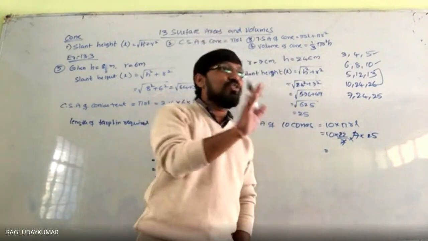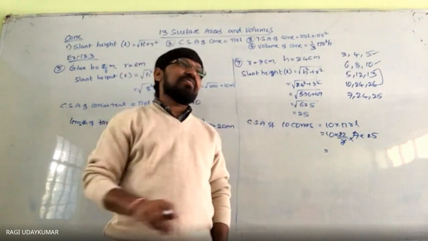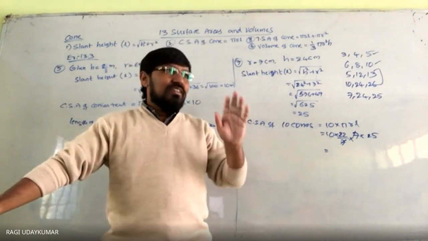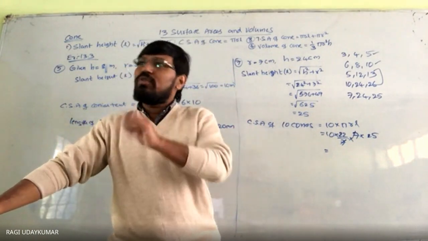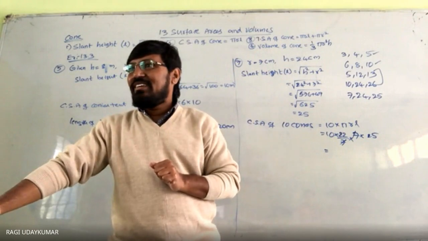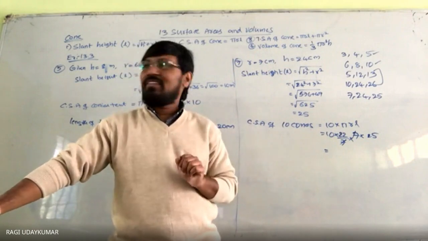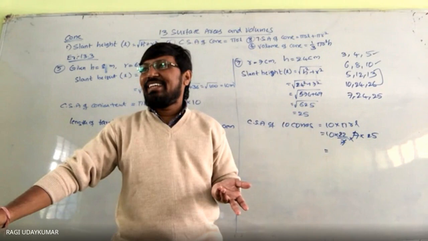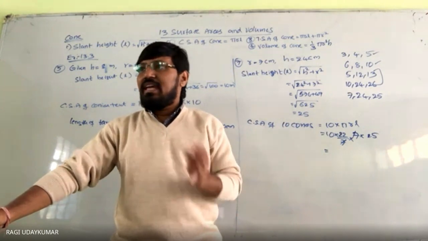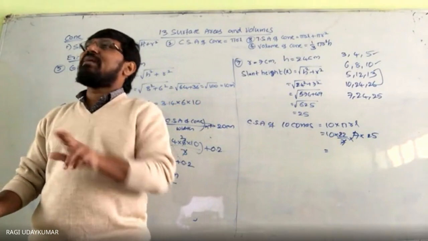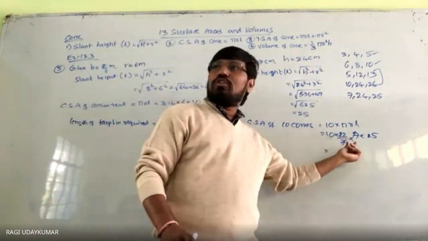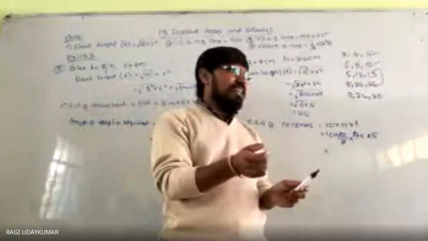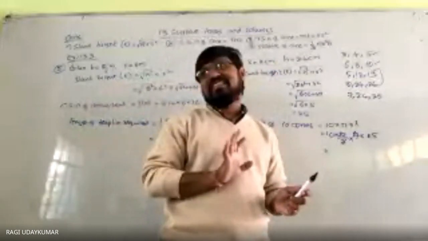Rough करेगा? Sir, don't do the rough. 25 into 20 के लिए आप rough कर रहे हैं. 25 into 22 करो. हर चीज के लिए rough नहीं करना बेटा. 25 into 2 क्या है? 25 का डबल 50. 25 into 20 बोलो तो 500 और एक्स्ट्रा 2 चाहिए, 550. एक्स्ट्रा 2 बोले तो 2 times 25 मल्टीप्लाई करना है. ये 22 को मैं स्प्लिट कर रहा हूँ ऐसा 20 and 2. 25 into 20 is 500, 25 into 2 is 50, so 550.